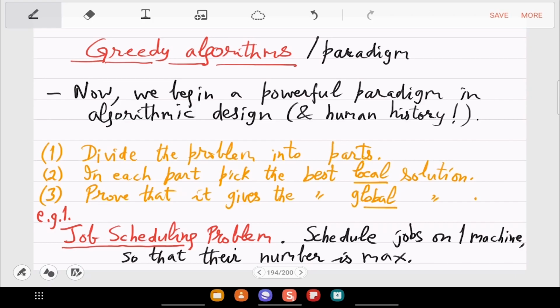Similar thing you can do for how to schedule classes, how to schedule courses in a single classroom like L7, and how to assign even students across courses, and so on. You can also extend this to multiple machines. You can schedule the jobs first on the first machine, and then the jobs that remain you can schedule on the second machine, and so on. So this will be applicable in many situations.